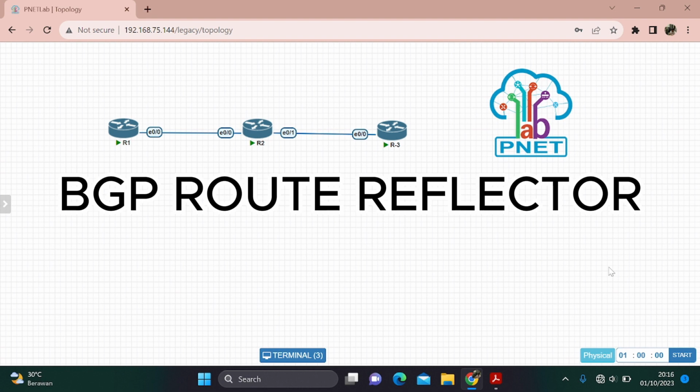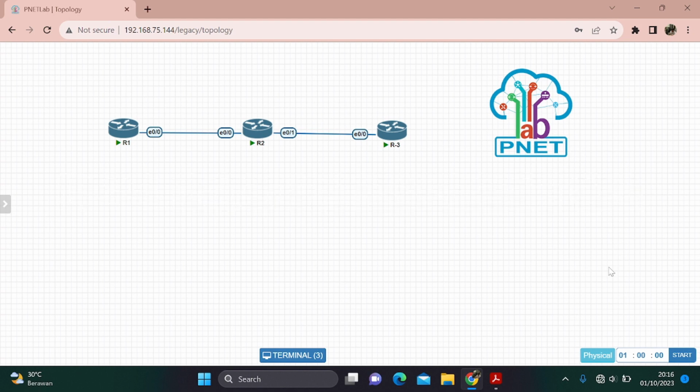In this video, I will give you a tutorial about BGP route reflector. If you don't know what route reflector BGP is, route reflector is a feature in BGP that is used in internal BGP peering. Route reflector is an alternative to the full mesh IBGP topology. By using route reflector, this will reduce BGP peering and BGP messages in one AS number. So basically, we don't need to bother pairing in full mesh.